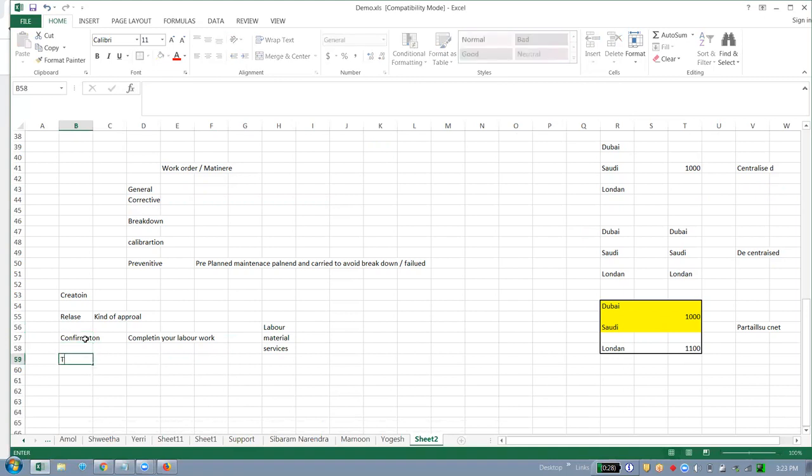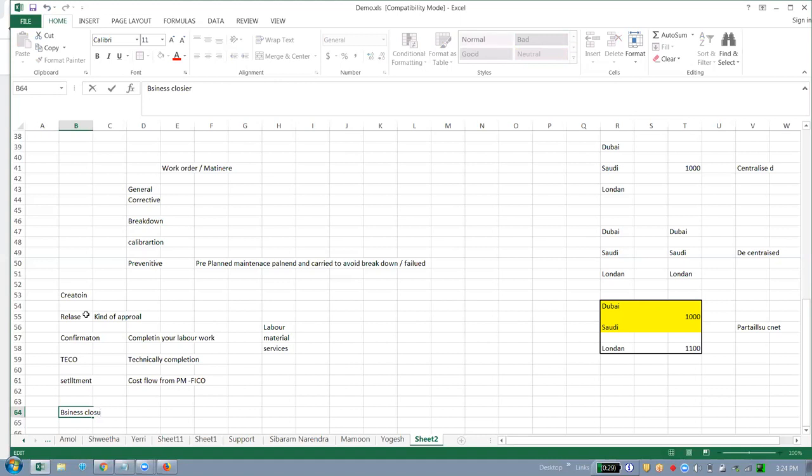When all your labor activities are completed and there is no further action in your maintenance process, at that time you need to do TECO. It is called technically completed maintenance process. That is called TECO. After TECO, there is something called settlement. It is nothing but the cost flow from PM, plant maintenance, to FI, the finance people. Your cost should flow from maintenance to the finance department. And last is the business closure.